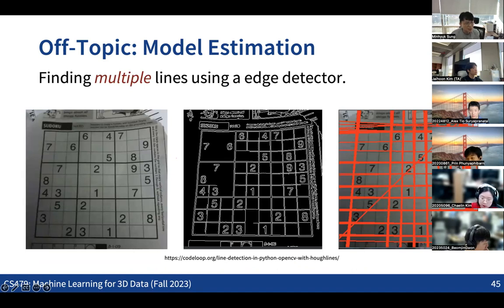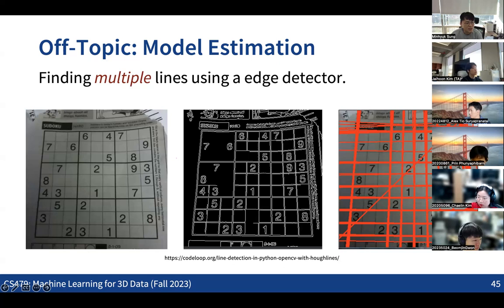So this is one example where we want to find multiple straight lines from the points that we highlighted with an edge detector. The left one is the input, and the middle one is the output of the edge detection. Based on those points on the edges of the image, we want to find all the straight lines, as you can see on the right-hand side.